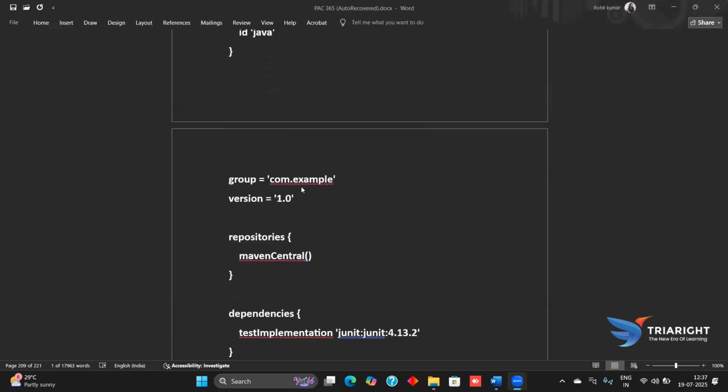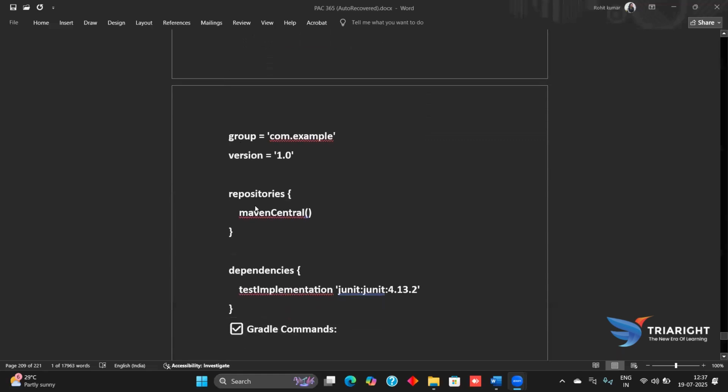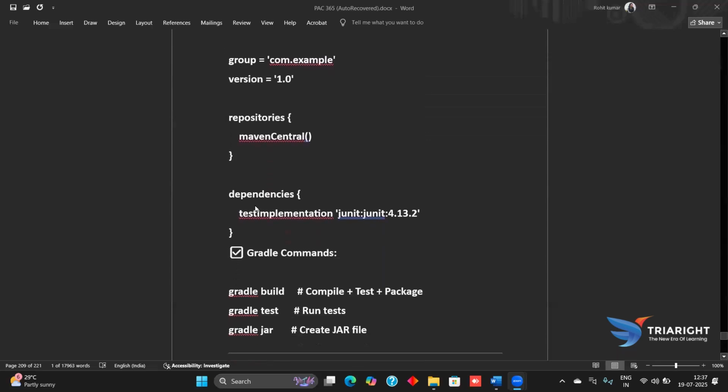We have different com.xml which we are grouping all together, and the version is 1.0. Here the version is 1.0, and the repository here is Maven repository. Coming to the body part, we have Maven Central, and the dependency is testImplementation JUnit